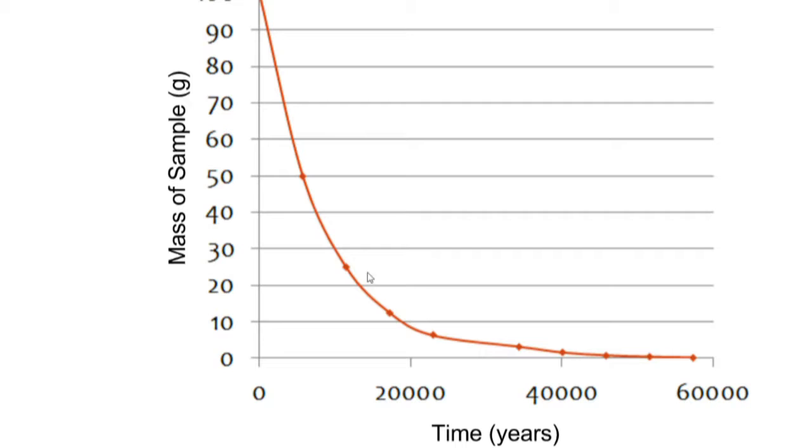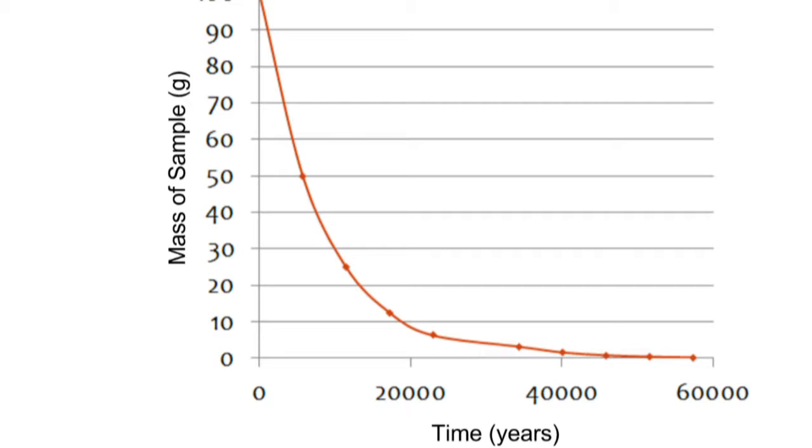So this is 1 half-life at this dot, this is 2 half-lives, 3 half-lives, 4, 5, 6, 7, 8, 9. So after about 9 or 10 half-lives, the amount of sample is just so small, it's really hard to measure